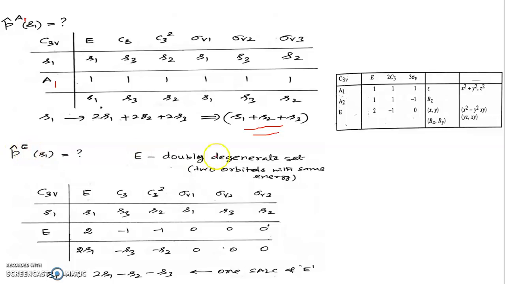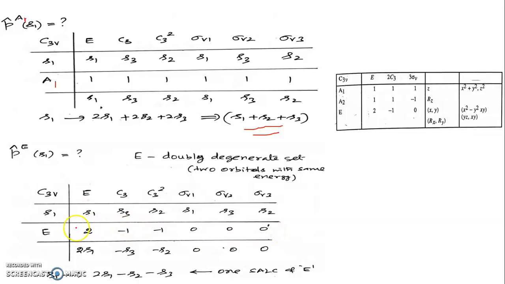Now what is the SALC corresponding to E? Actually, E is a doubly degenerate set. So it has two group orbitals. So we need to find out what the two group orbitals are. You have to carry out the same method of operation here. So S1 becomes like this. Then what are the characters of E? The identity character is 2, C3 character is -1, sigma V is 0. You know very well C3 and C3 square belong to the same class, so they must have the same character. So put -1 here. All sigma V belong to the same class, so put the characters as 0, 0, 0.